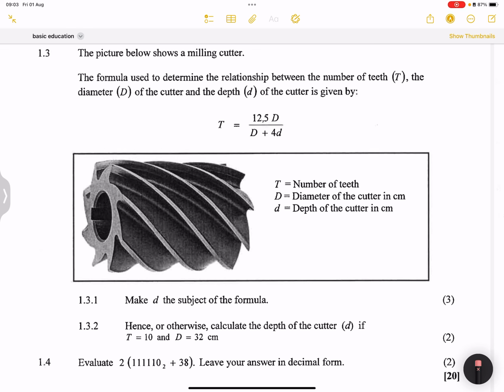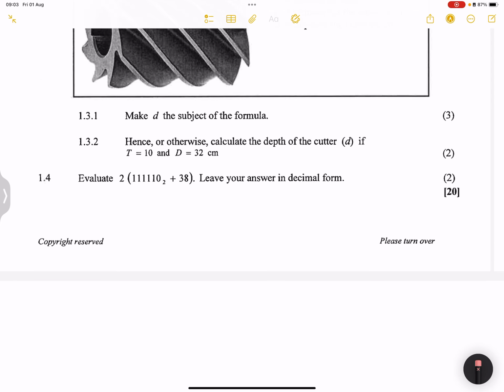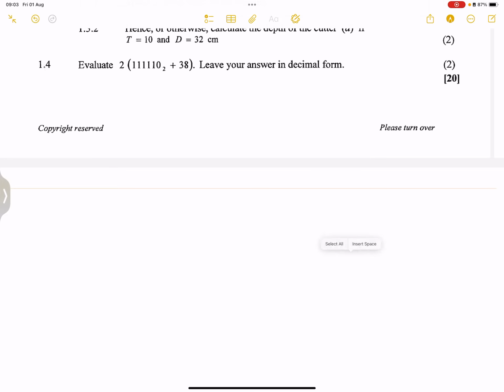The formula used to determine the relationship between the number of teeth, the diameter of the cutter, and the depth d of the cutter is given by that formula. They say make d the subject of the formula. Now I'm going to rewrite that formula there. So we've got t is equal to